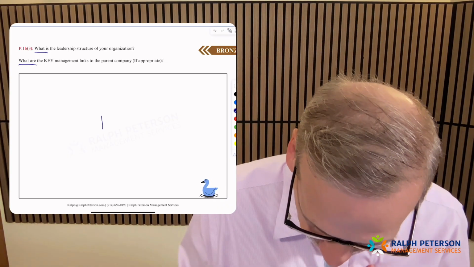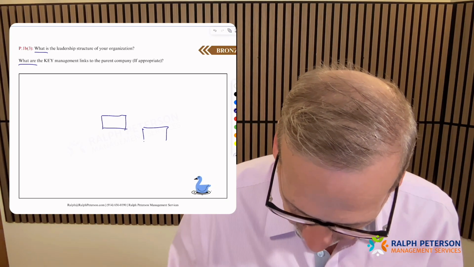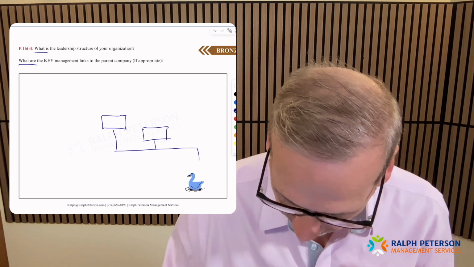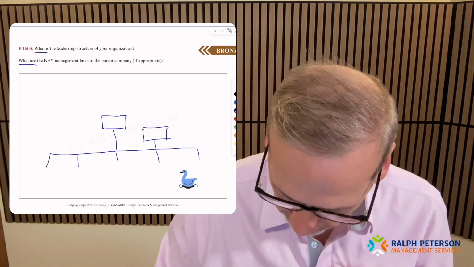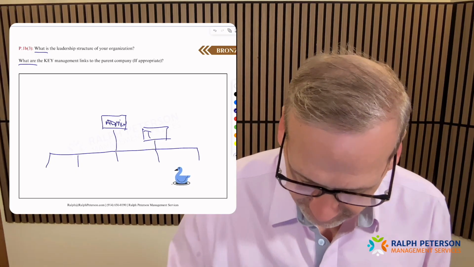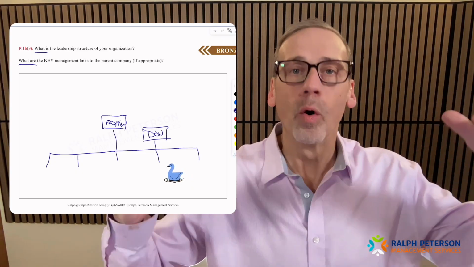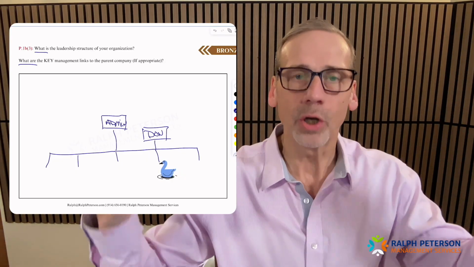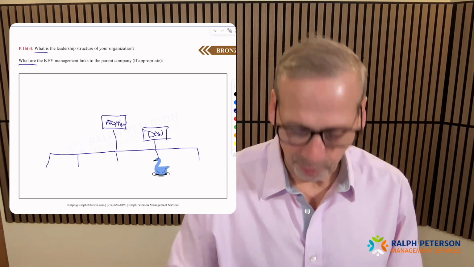Let me start in the middle here. I'm going to make one that looks a little bit like the way that I'm familiar with it, which kind of looks like this. And this is what it would look like for the admin and the DON. The admin and the DON are pretty even, and they oversee different departments within the nursing home, with the administrator being overall in charge of everything. And so the DON is just a little bit lower than the admin, but pretty even.